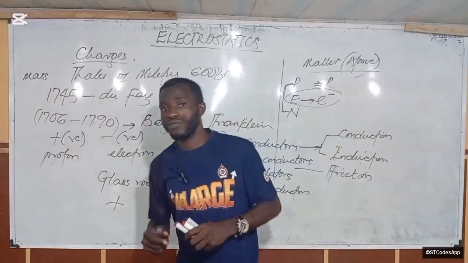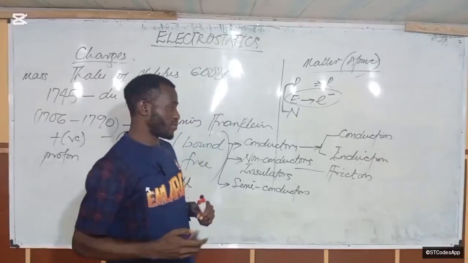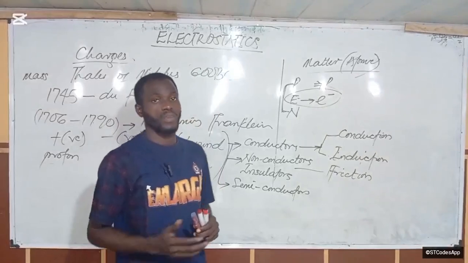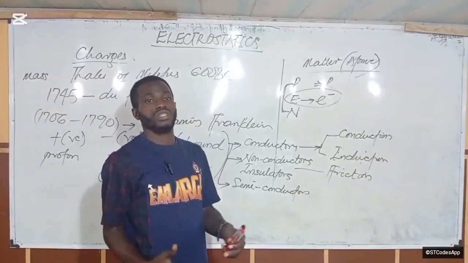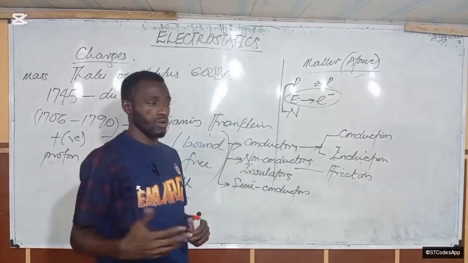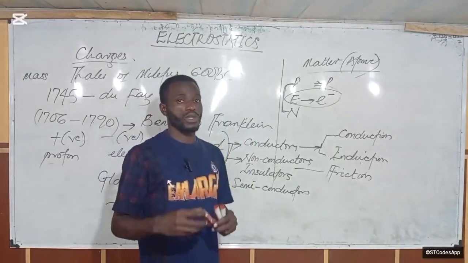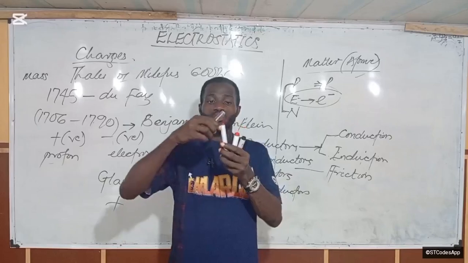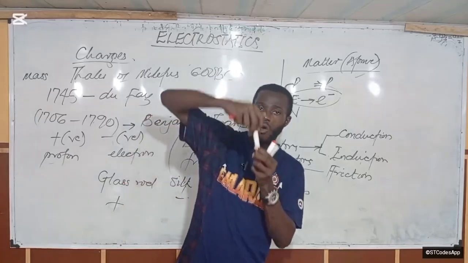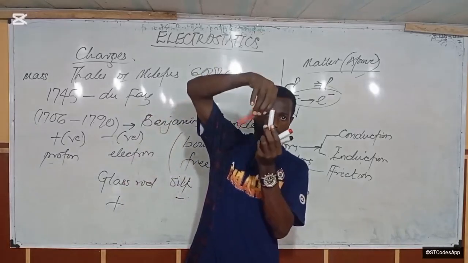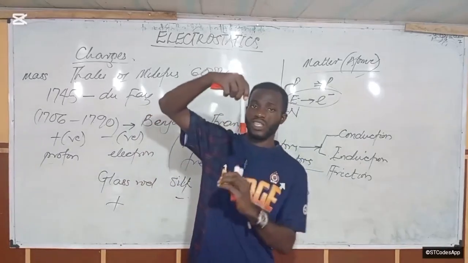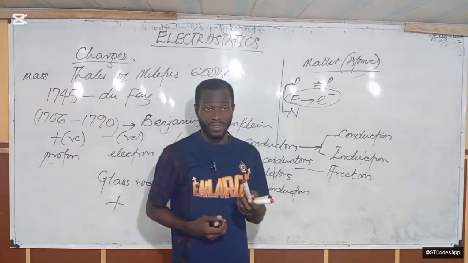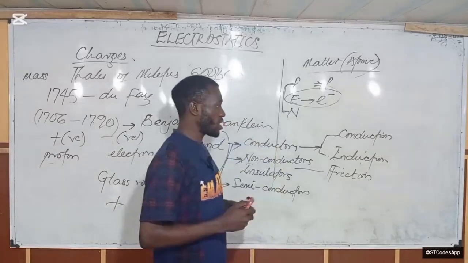Why? Because of the first law of electrostatics, that says that like charges repel each other and unlike charges attract each other. When we get to Coulomb's law, we are going to talk about this. The point is that because this one is negative, the positive charges will be attracted to it, so they will come up toward it. Then the negative charges are going to separate to the other side of the material. Okay, so that is how we charge this body by conduction.